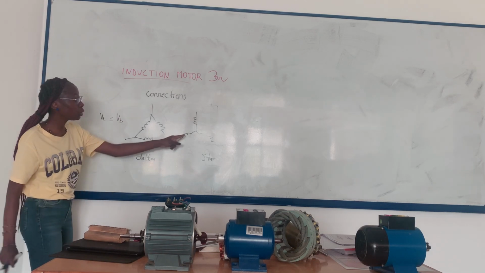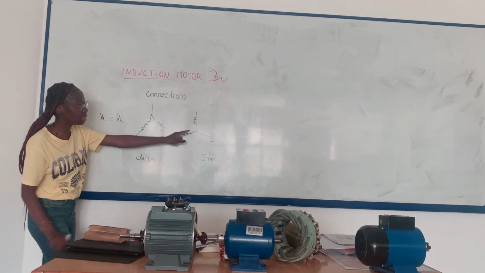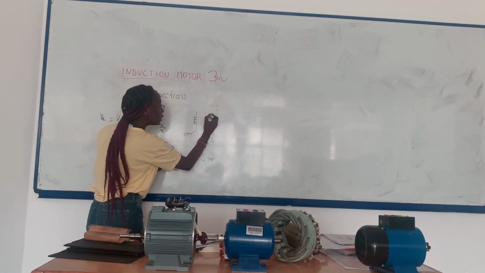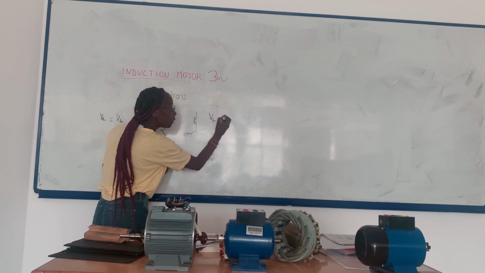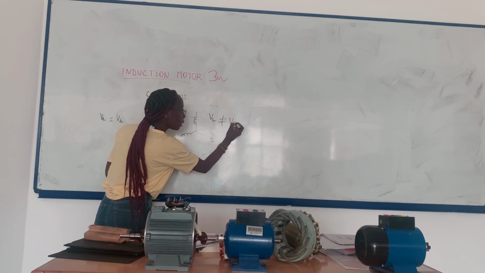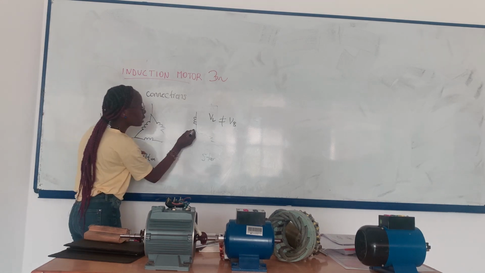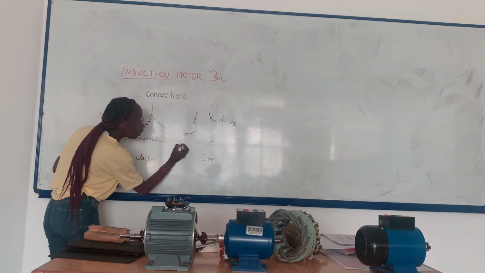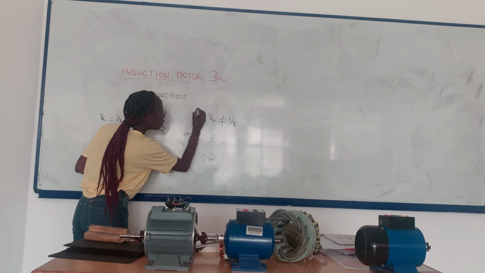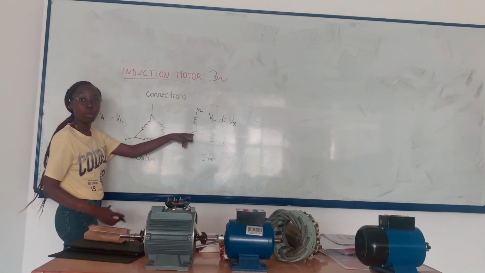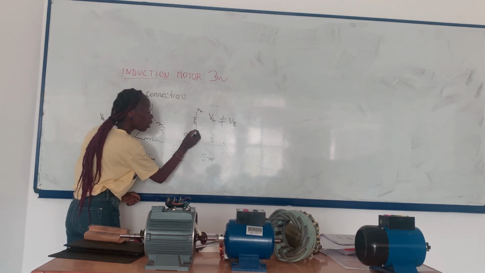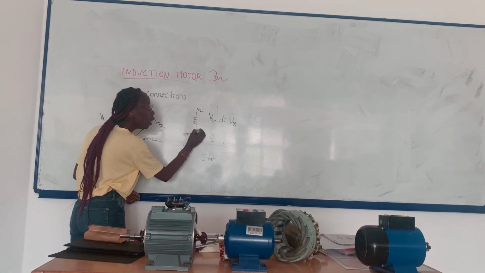But the difference with the star connection is that the line voltage is different from the voltage of the bobine. Why? Because here we have, for example, U1, V1, V2, but the outputs of the bobines are connected together in one point. We call it the node, where there is 0